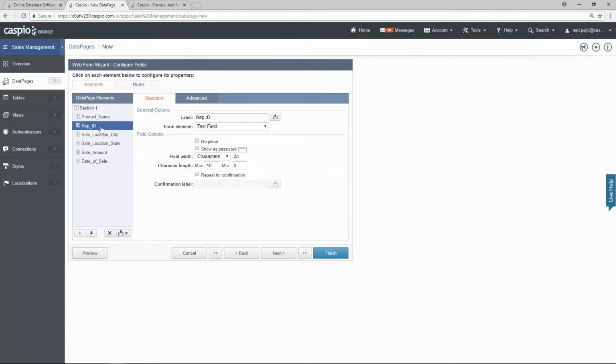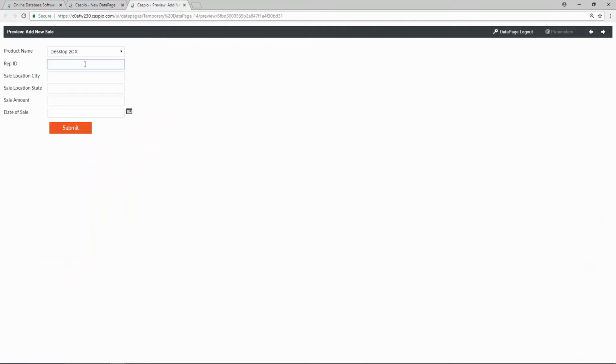For my rep ID, let me go back to preview. We don't want the reps to manually input their ID each and every time they submit the form. We already have their ID in the reps table. Somehow we need to grab that ID, populate it inside this field, and automatically stamp the ID inside the sales